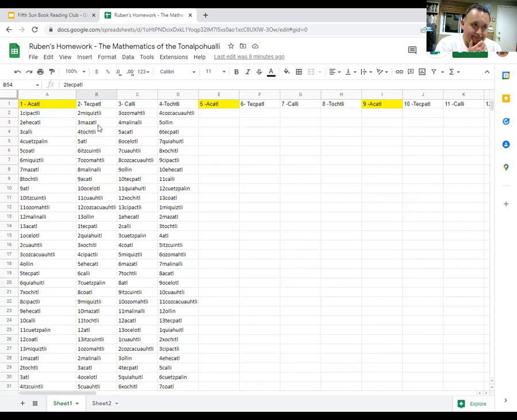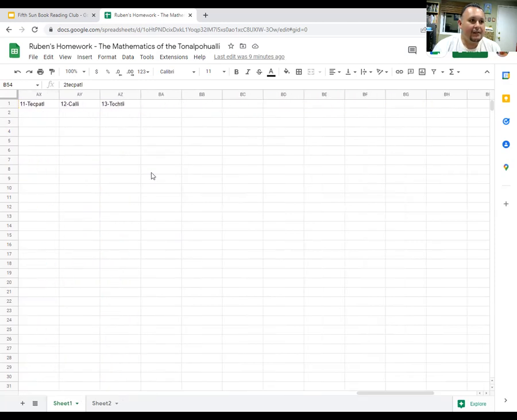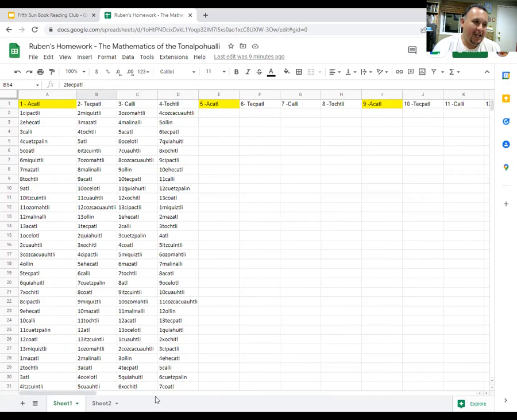And so one other thing I wanted to mention is that the 52-year cycle, if we're looking at this mathematical pattern starting with 1 xiuhpohualli, which, as we know, we always have to start with 1 xiuhpohualli, you'll see that after the 52nd year, we're going to restart on 1 akat. So mathematically speaking, and also